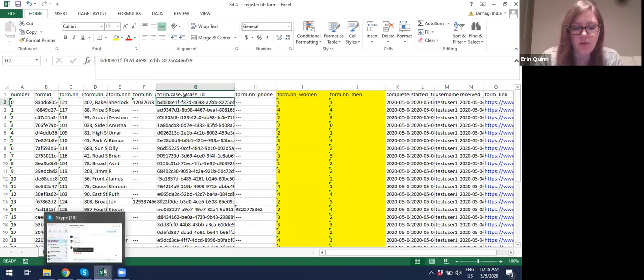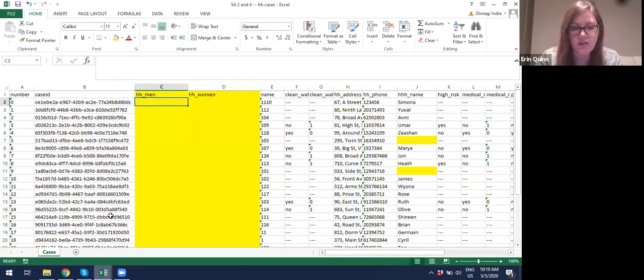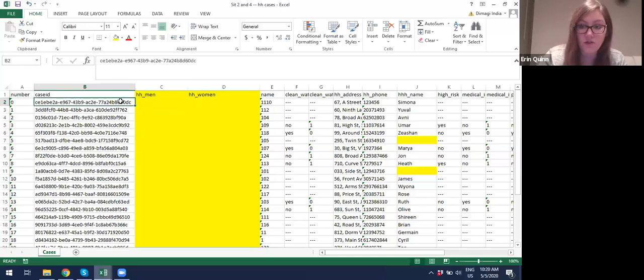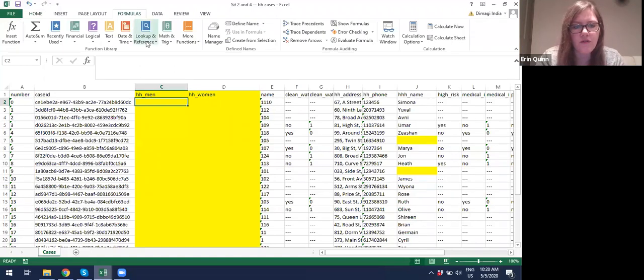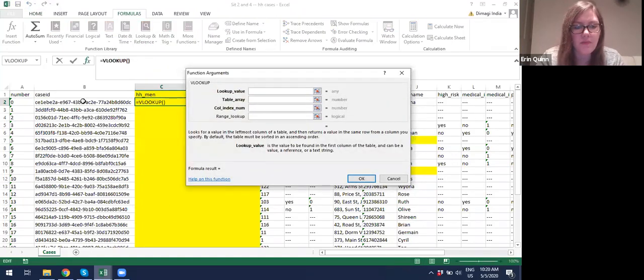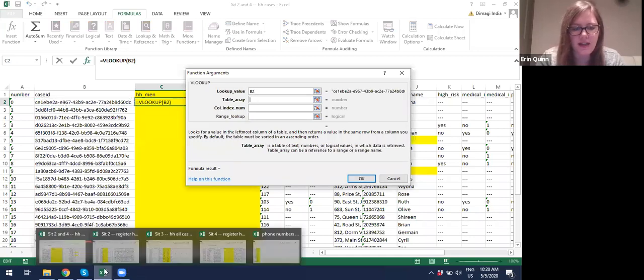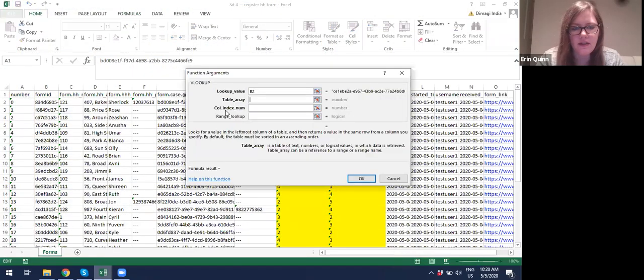So again, the unique ID that you're going to want to use here is your case ID. It's always going to be globally unique. You know that it's never going to match incorrectly. The case ID is also here, so this is going to be our match field. So I'm going to go into formulas and choose VLOOKUP. I'm going to be looking up the case ID, so B2. My table array is going to be